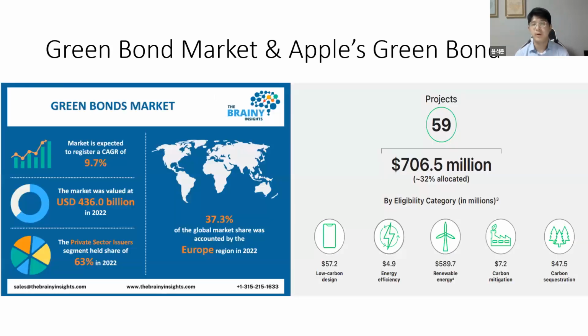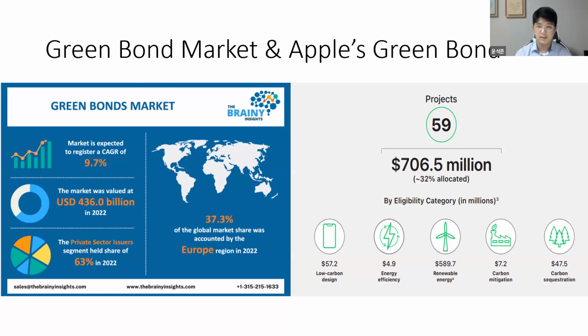As I explained, the green bond market in 2022 is $436 billion US. This is actually a record for total green bond issuance. In 2021, it was 375 billion. And cumulatively, the green bond market reached a substantial milestone of 1.316 trillion dollars in cumulative issuance since market inception in 2007.